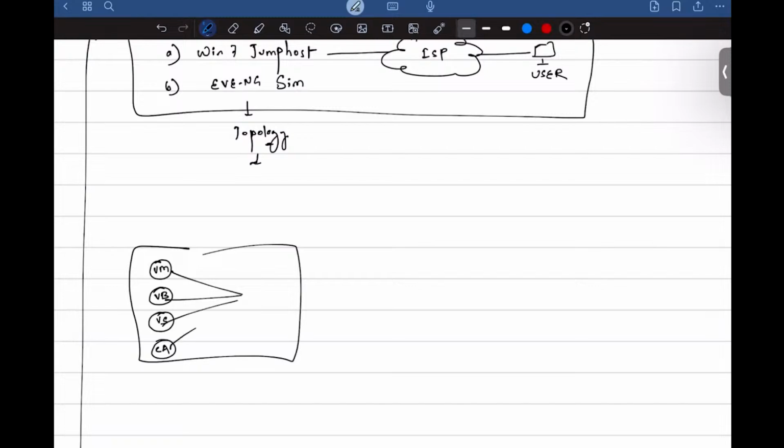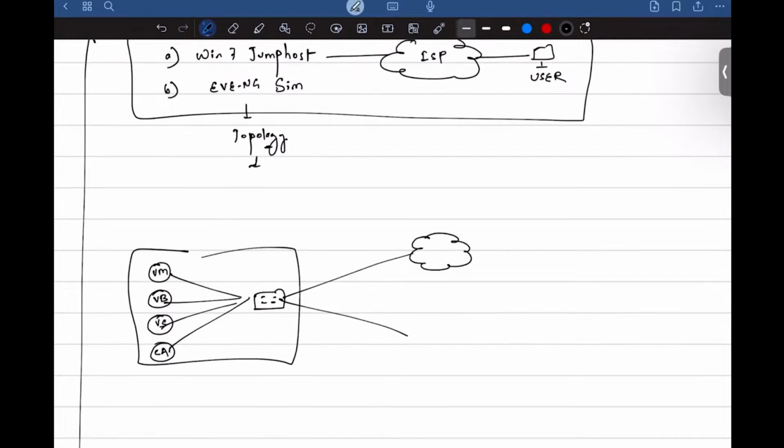All of this will be connected to a layer 3 switch, and the switch will be exposed out to a couple of transports. One transport will be like INET, and another transport will be MPLS.